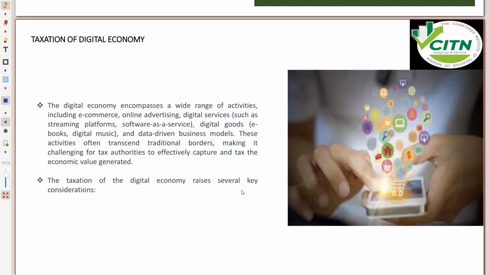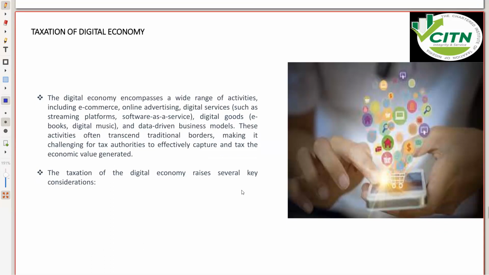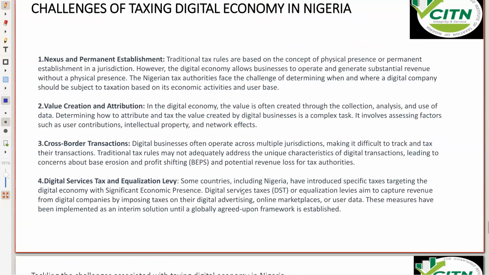So this could be a challenge for tax authorities to effectively capture and tax the economic value generated by those entities. And so the taxation of this digital economy raises a number of key considerations, which the tax authorities in Nigeria have been trying to address through a number of policies, a number of reviews, and engagement with stakeholders. But first, let's look at some of the challenges